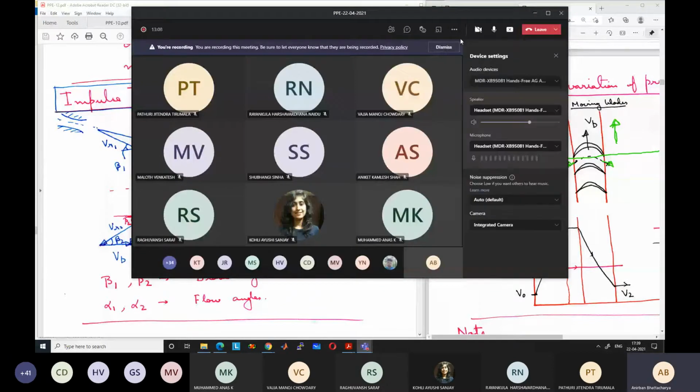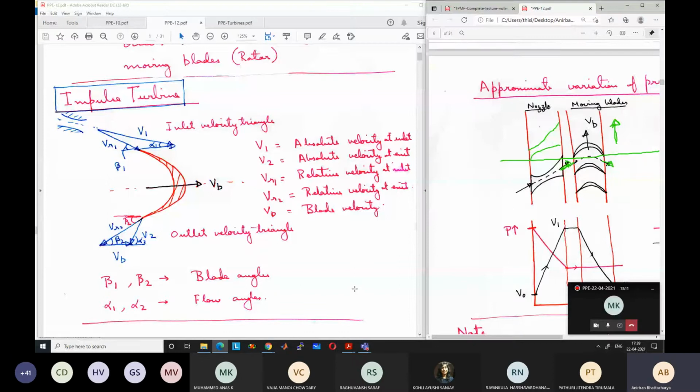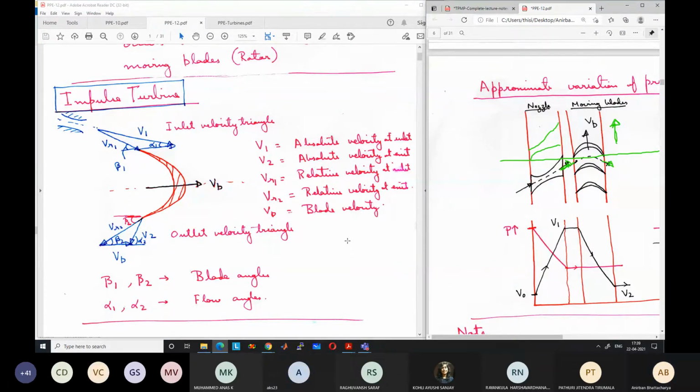Based on the rotational speed, can we calculate it? What will be the equation if we want to calculate based on the rotational speed? If n is the RPM of rotation of the shaft or the rotor, what will be the value of VB in terms of n? It is multiplied by the radius of the turbine. It will depend on the radius, so we consider the mean radius, the mean height of the turbine blade.